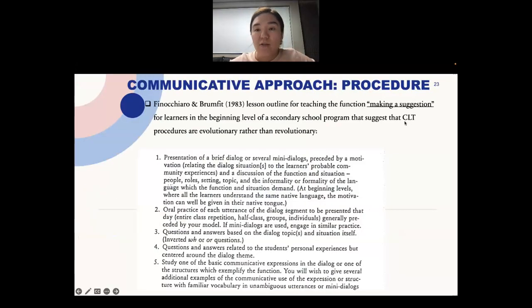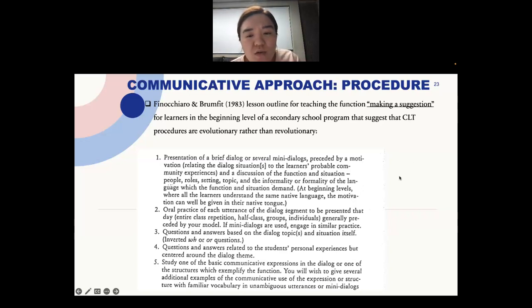So let's analyze, shortly and briefly, the procedure of the communicative approach class. Scholars Finocchiaro and Brumfit in 1983 presented a lesson outline for teaching the function of making a suggestion for learners at the beginning level of a secondary school program, which suggests that CLT procedures are evolutionary rather than revolutionary. Here, for example, the lesson can start with presentation of a brief dialogue or several mini dialogues